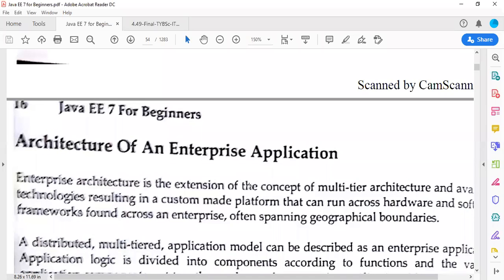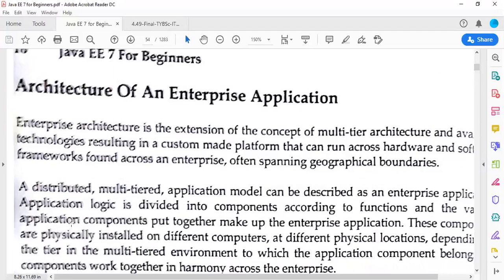Basically, multi-tier architecture is a kind of architecture which consists of several layers, starting from a bottom layer, then middle layer, and it goes on up to the top layers. Then we have a distributed multi-tiered application model that can be described as an enterprise application. Application logic is divided into components according to the functions, and the various application components put together make up enterprise application.